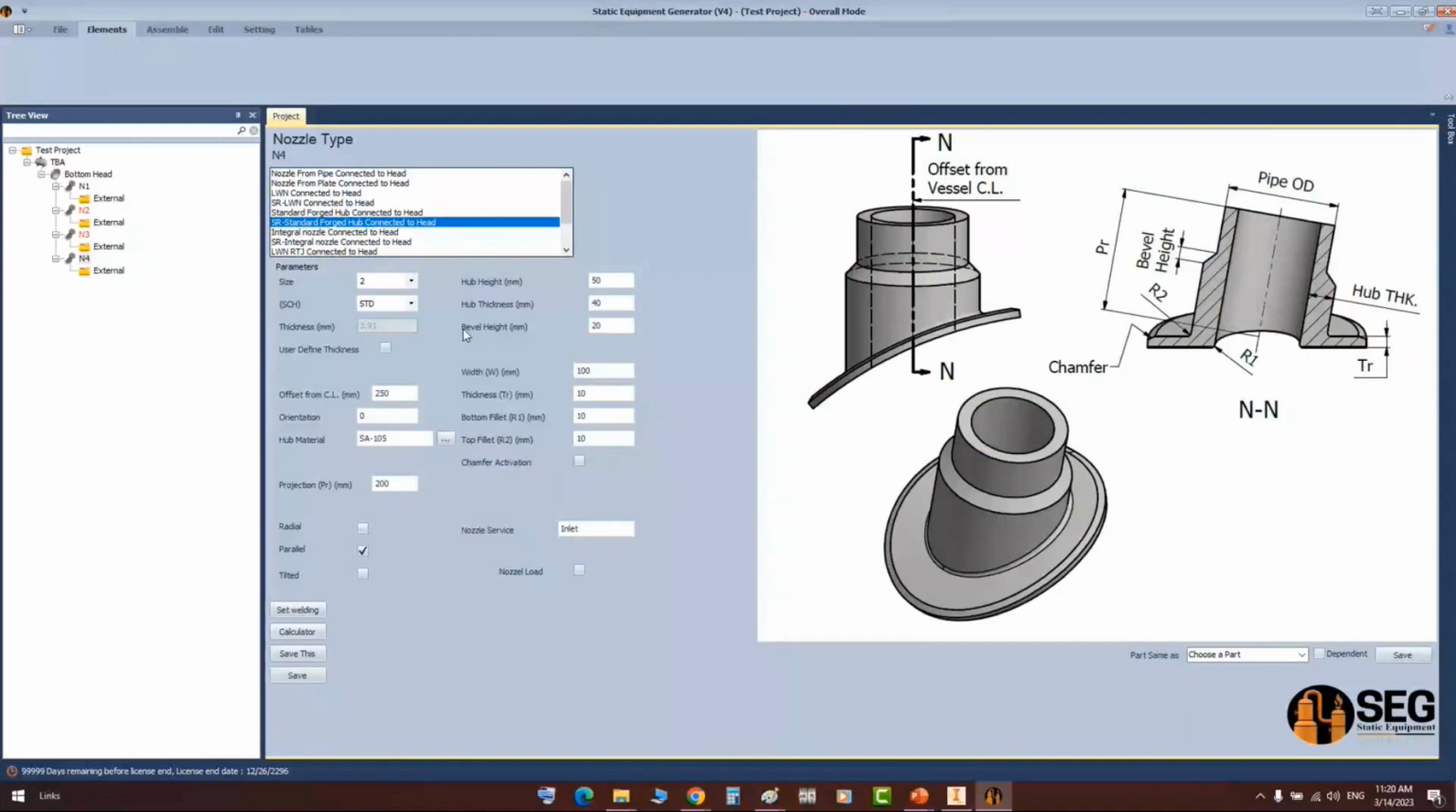So you have a lip here at the end of this one. From here, let's select the size, select scalable of this nozzle. This will define the offset from the center line and the orientation to 170, and the projection, let's make it 300. Hub information, hub height, hub thickness, all of that. And here the thickness of the